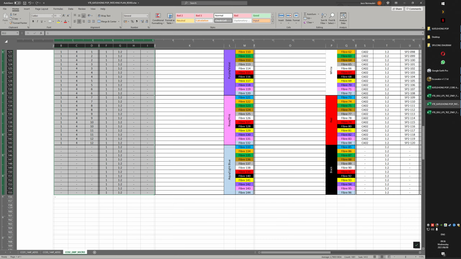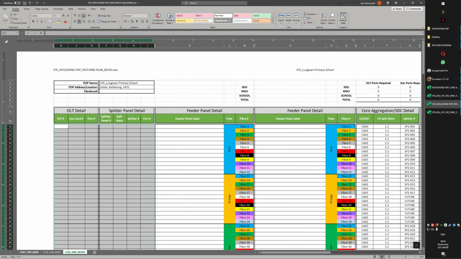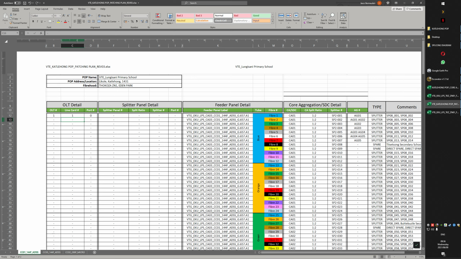So if you're looking at everything here, you want to start off at 110, but if you've got different core cables, you need to go and look for the latest allocation and then continue your allocations from over here. Okay, so